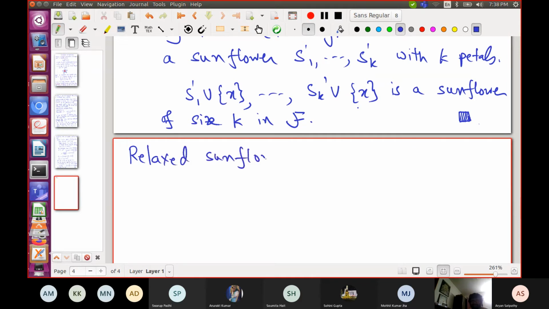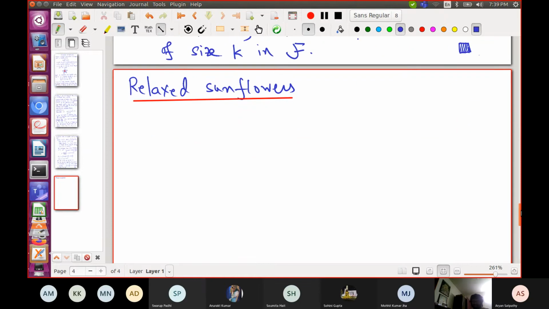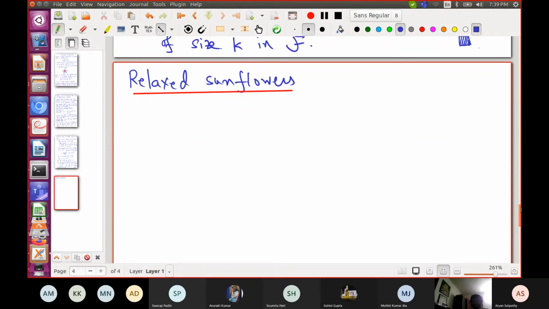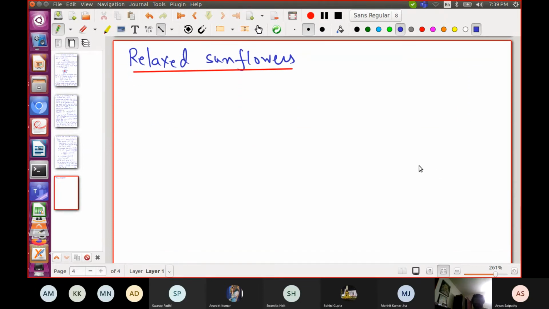So sunflowers are highly structured objects. They are very nice, but with rather strong properties, so it may be quite hard to find them. You're asking for a lot, and often a little less structure suffices for applications, and that may make the task of finding them easier. So people have looked at various relaxations or weakenings of the sunflower property.